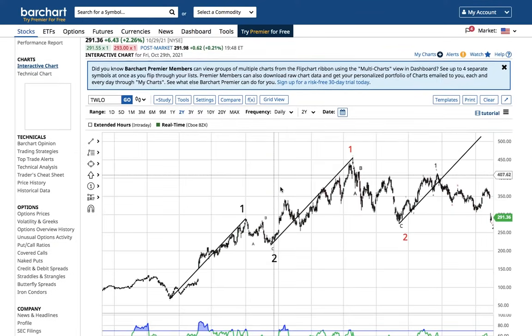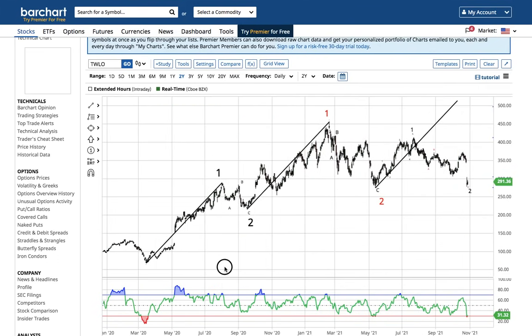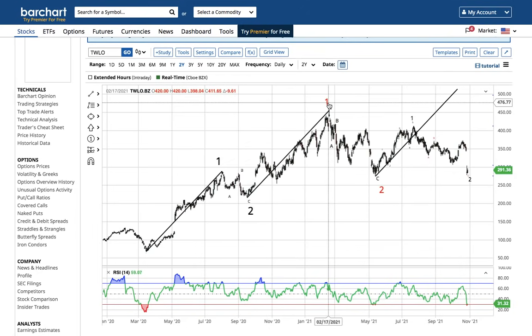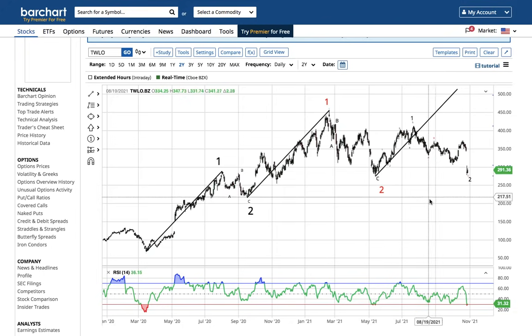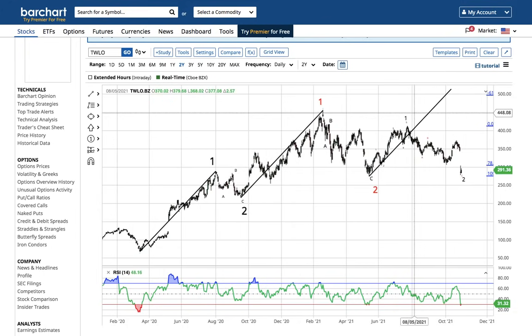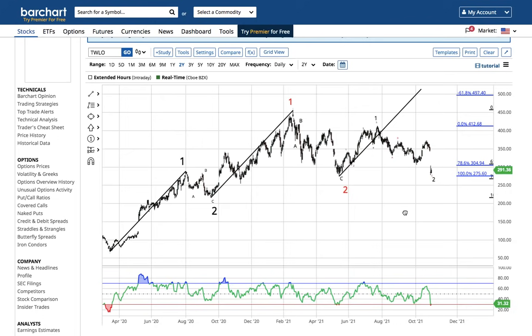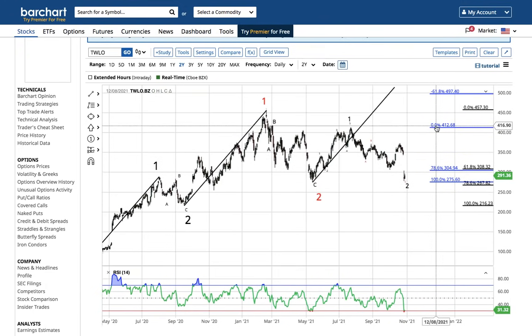TWLO got beat down, but it didn't break this wave 2 low yet. So I want to talk about the full count. The full count for TWLO is that this is a wave 1, an ABC wave 2, and this is another wave 1 and another ABC correction, putting in another wave 2, right? We go over all the time from the May 13th low just how many stocks in the growth sector have exploded, especially in the software sector. That doesn't guarantee anything, but the wave count for TWLO says that this is not going to be a wave 3 that the average investor wants to miss. And that's why they're making it very difficult.